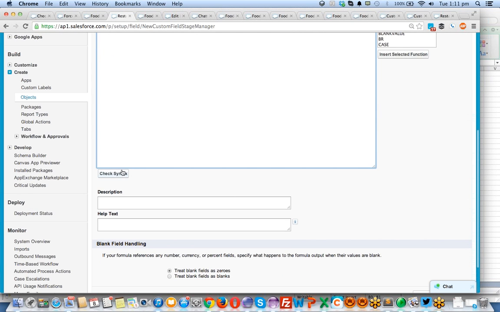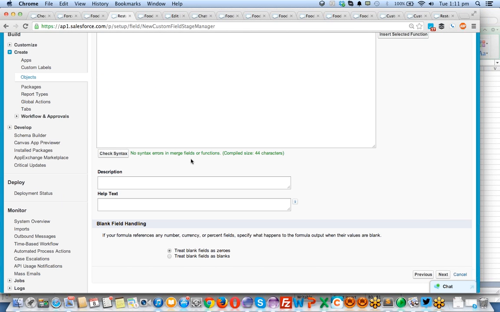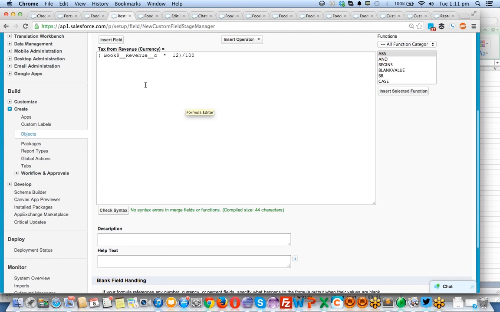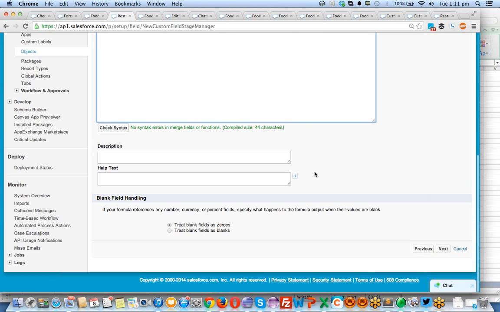By clicking on check syntax, this will tell whether this formula field is having problems or not, because this is a syntax, right? You can put a number of insert fields, and you can do some operations. If there is any problem here, it will show some problems here. And the compilation size is 44 characters, and